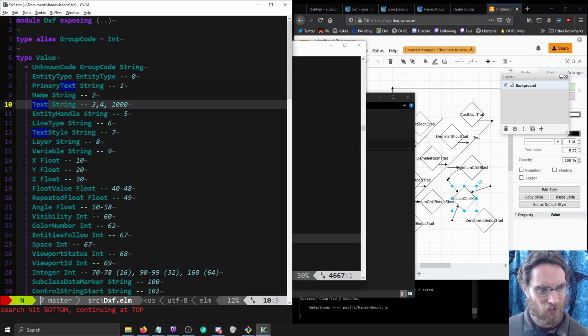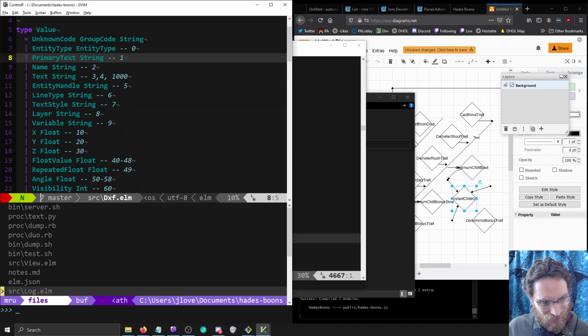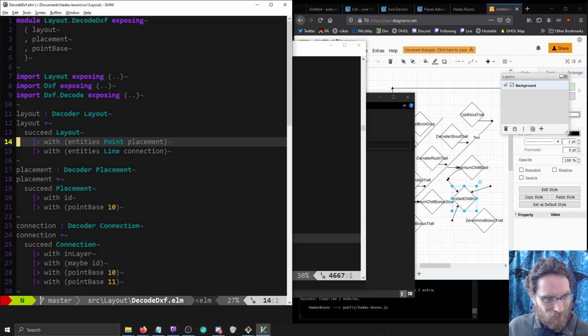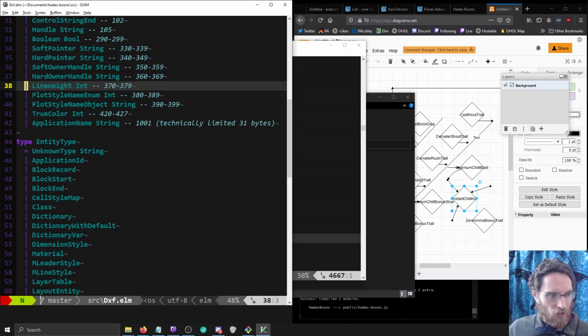Now we've got a text. No, this is a primary text. So I guess primary text is for things that's like a text object. Okay. Oh, but those are values. For entity types,